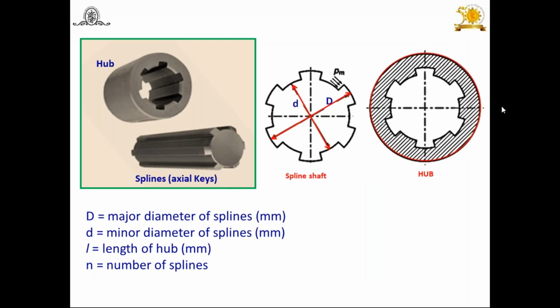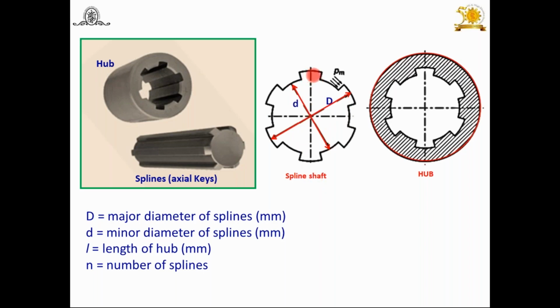Now look at this here. The keyways or slots are provided using milling, and here by a broaching operation. It's a machining operation performed on the hub. Again, a hub which is mounted on this part permits axial movement and prevents relative motion. But how to design this? The spline shaft design is very simple, because here, look at the diagram, another diagram I have written here: spline shaft.